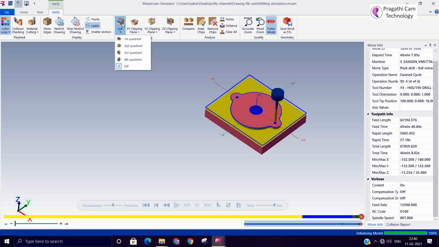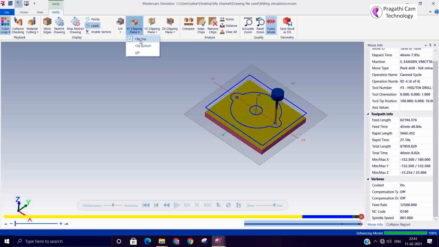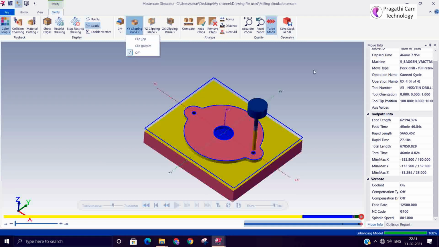So by sectioning you can see that. If you want to cut in the XY plane, you can. These are all display related only. You can save this as an STL file, that option is also there.